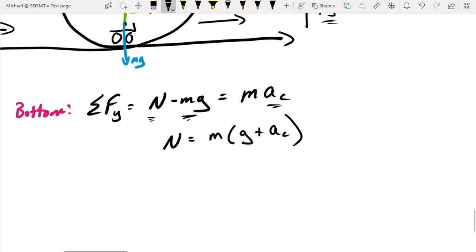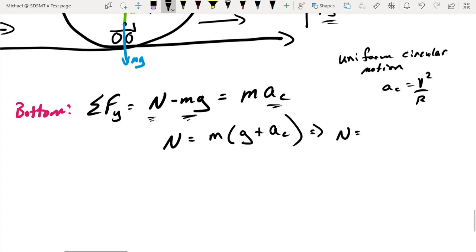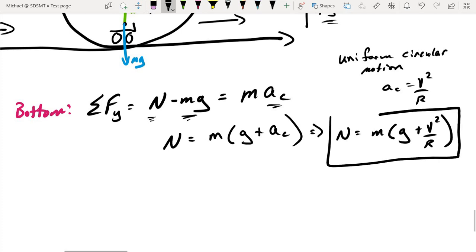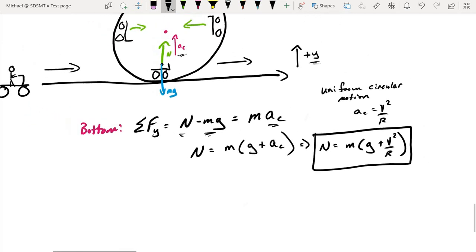Or if we want to assume that we have uniform circular motion, we could say that a_c equals v squared over r, and so the normal force would equal mg plus m v squared over r. Now we'll hold on to this answer here, and we'll come back and revisit this, and we'll see just what the consequences of this are,